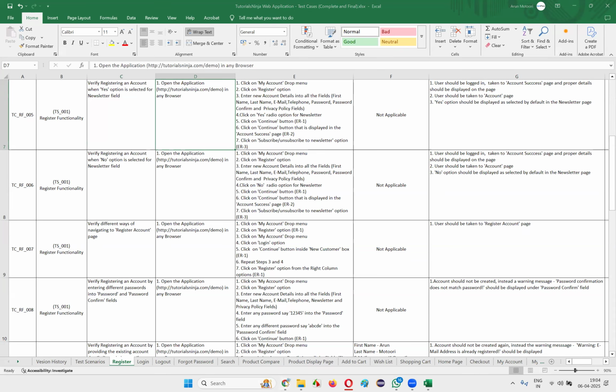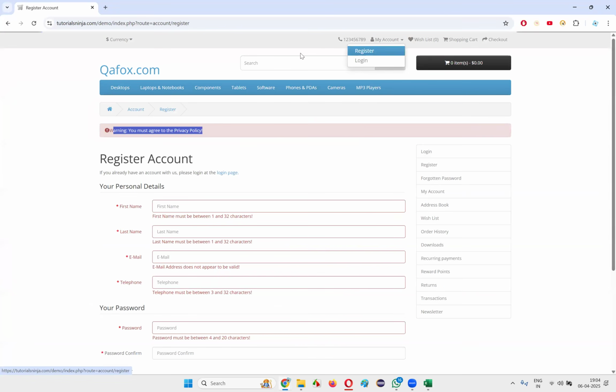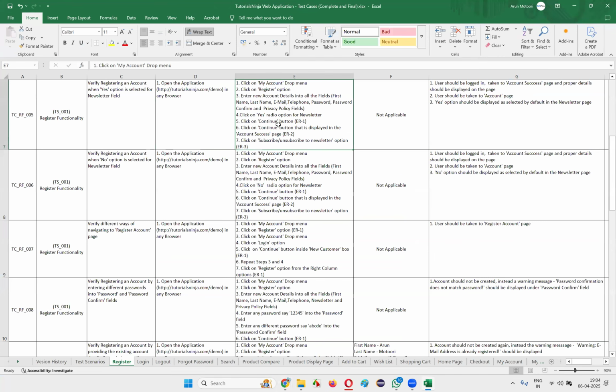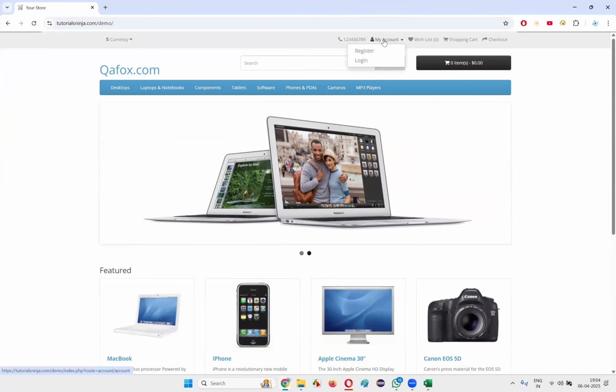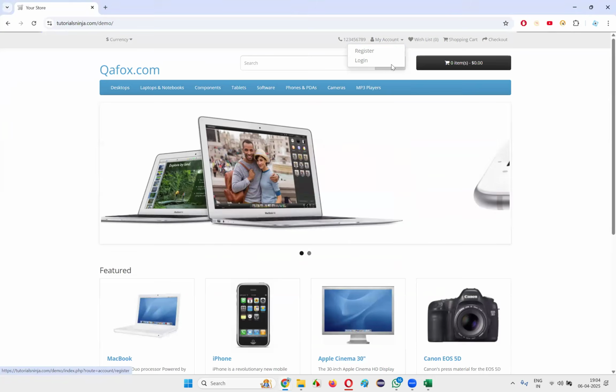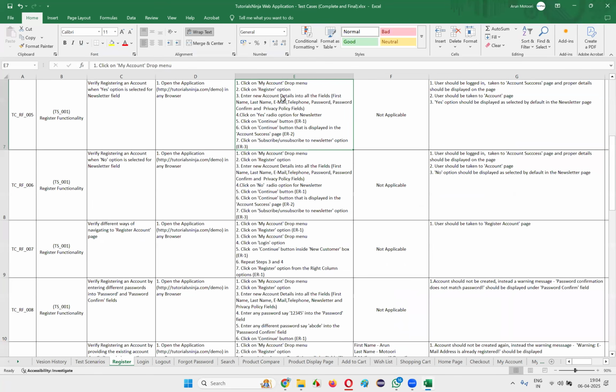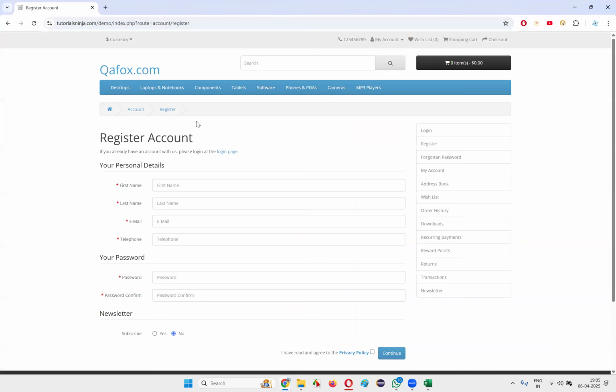Okay. For that, we need to open the application page URL. Okay. We'll open the application page URL. After that, click on My Account drop menu. Select My Account drop menu. Click on Register option. I clicked on the register option, taken to the register account page. Then enter new account details into all the fields, that is first name, last name, email, telephone, password, password confirm, and privacy policy field. Enter first name, last name,